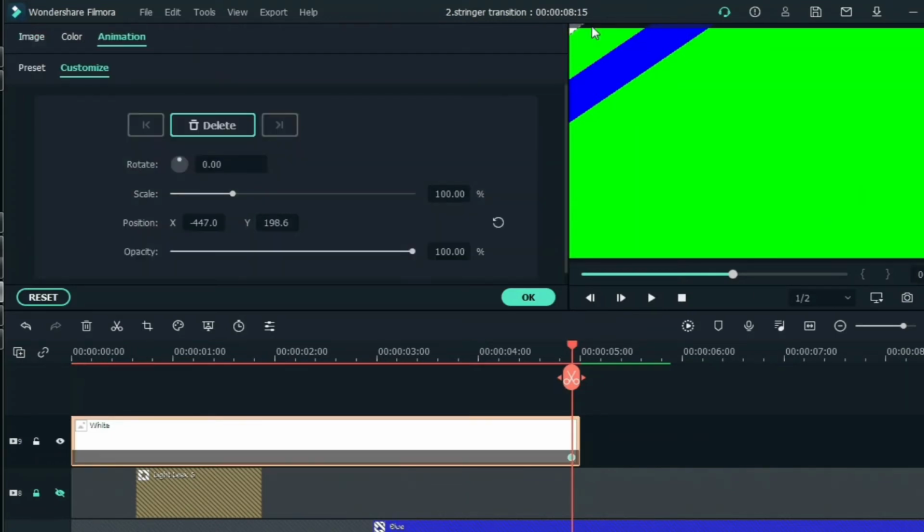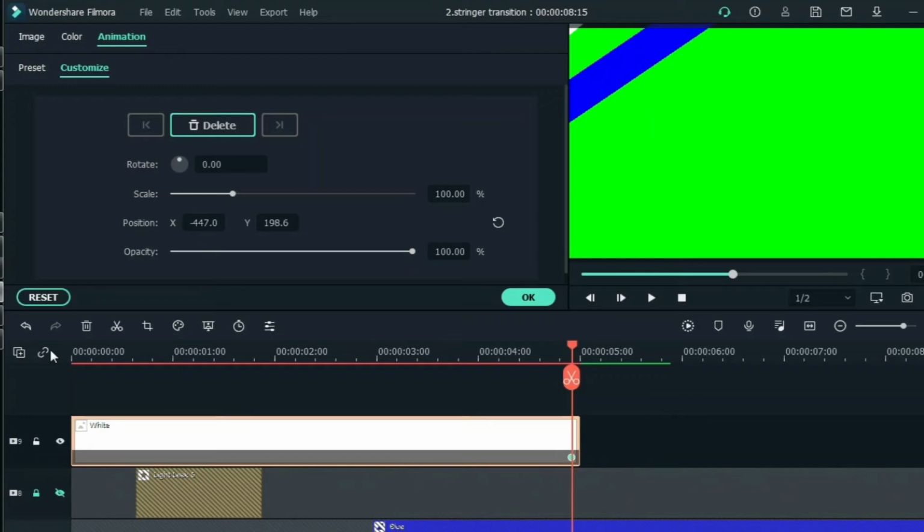Okay, so now I have adjusted the white panel here, and as you can see I'm at the end of that clip element in the timeline, and I have positioned it on the top left corner. You can see a small white color icon is there, so I have placed it there.